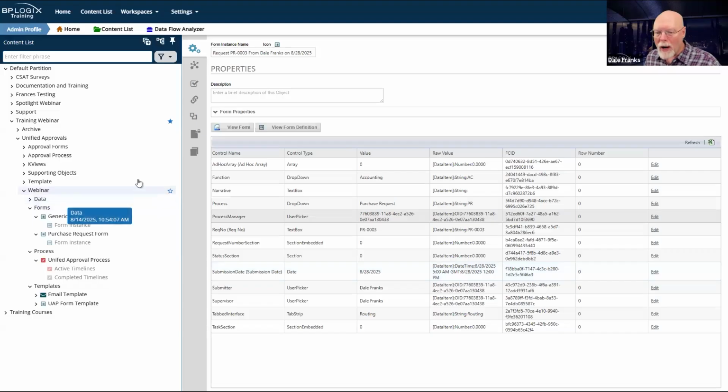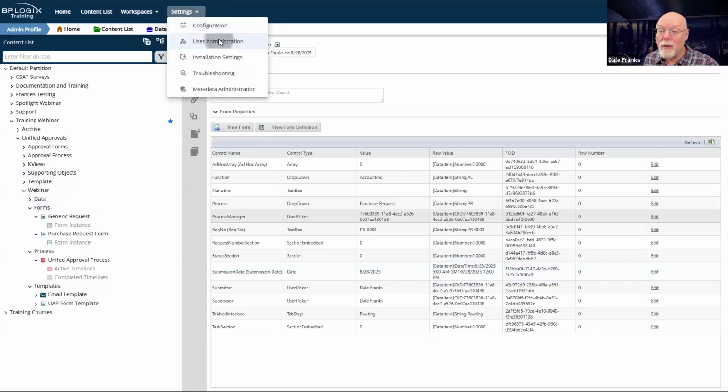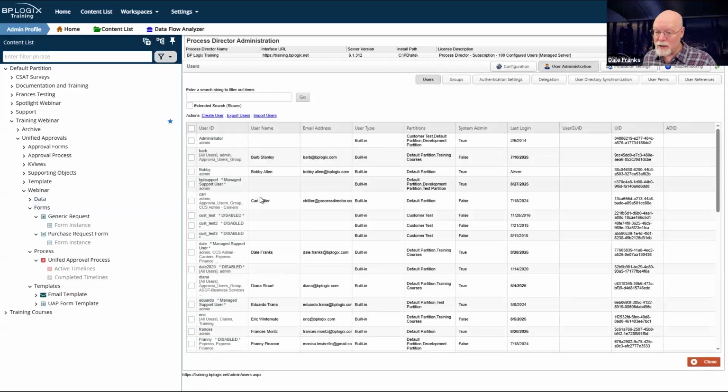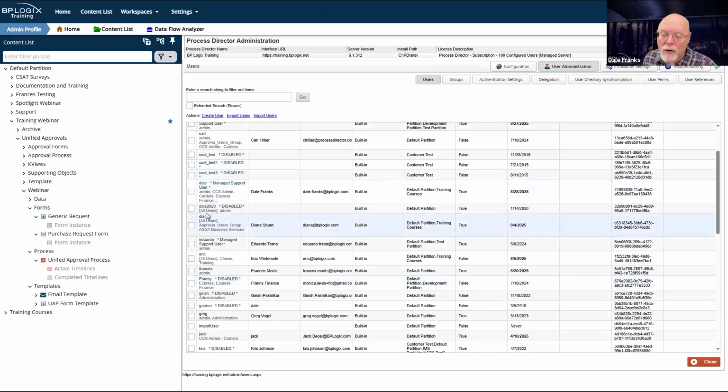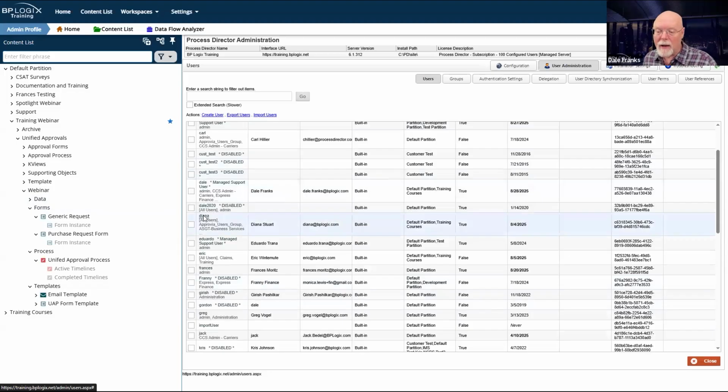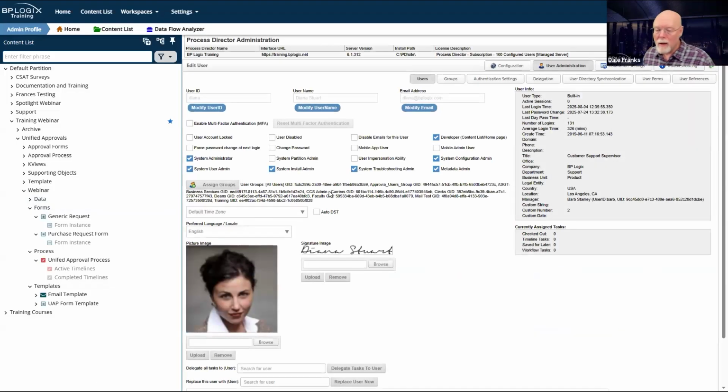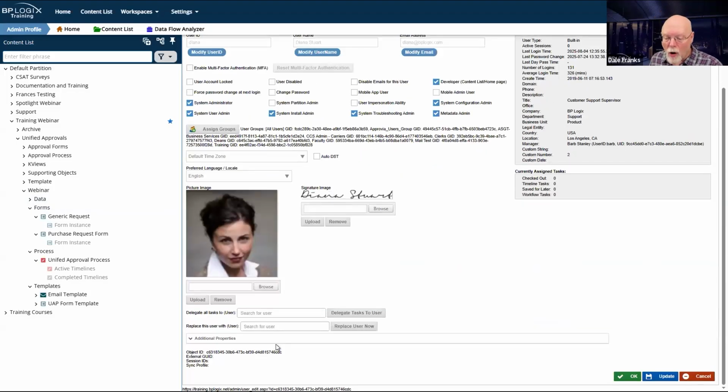Normally, what I would need to do in a case like this is go into user administration, and then find the user. So in this case, let's just pull Diana. Then I need to scroll all the way to the bottom to this thing that says object ID. That is Diana's UID. That's really how she is known in this system.